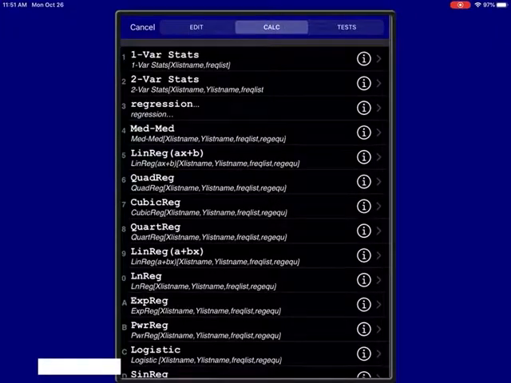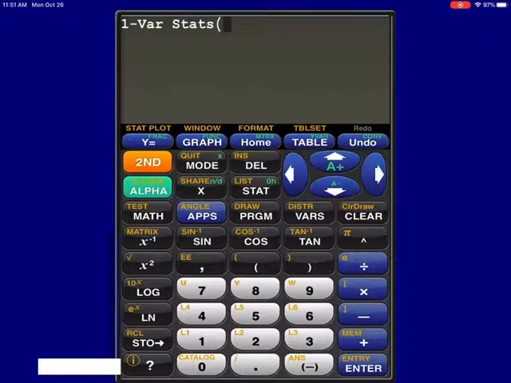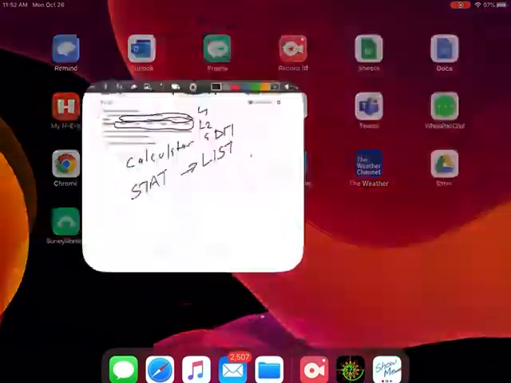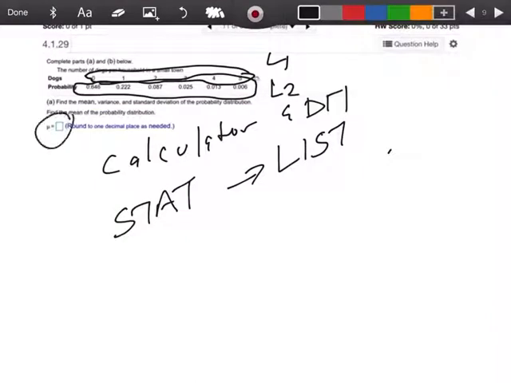So I'm going to hit stat, calculate, one variable stats. And the first number I'm going to put in here is going to be my list 1. So I'm going to go second, and then list 1, and then I'm going to put a comma, second, and list 2. Now, in your calculator, you might have the first one, and then it might say something like frequency. And under frequency, you would put your list 2, okay? I'm going to hit enter, and I want you to notice my X bar is going to be my average, okay? So here, my mu, my X bar,